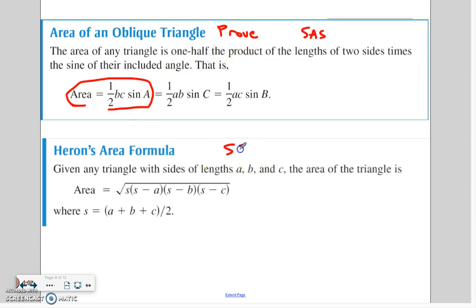Now, what happens if we're given the side-side-side relationship? One of your options, and I'm going to be honest, I don't use this formula. If I'm given a side-side-side relationship, I'm going to find an angle and then use the oblique triangle one. But otherwise, since you're given the side lengths A, B, and C, to find the area of the triangle, you find S. S is basically your three sides, so right here, it's your perimeter